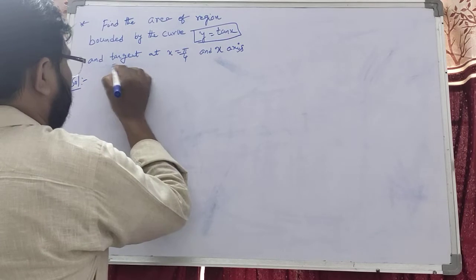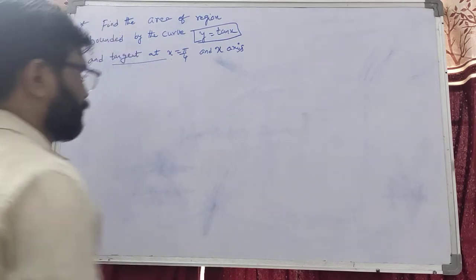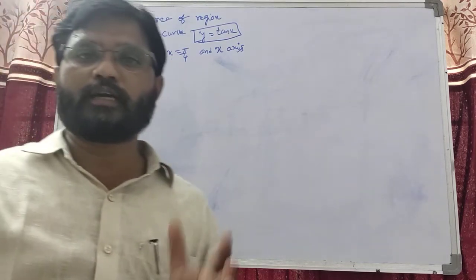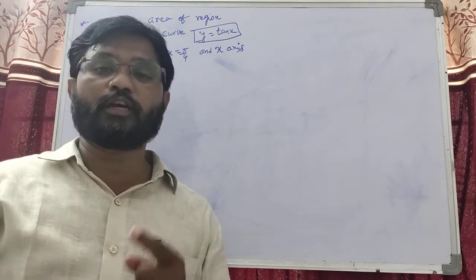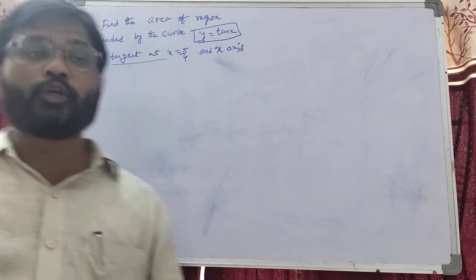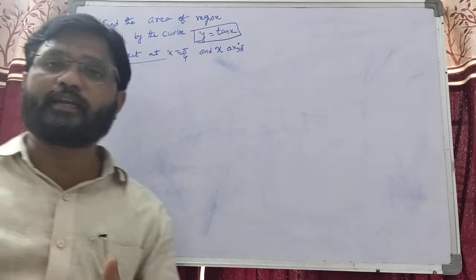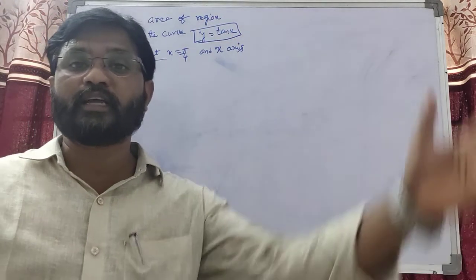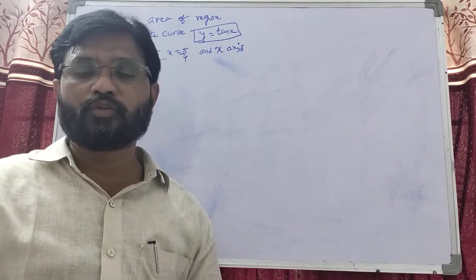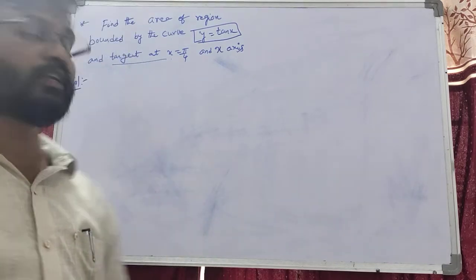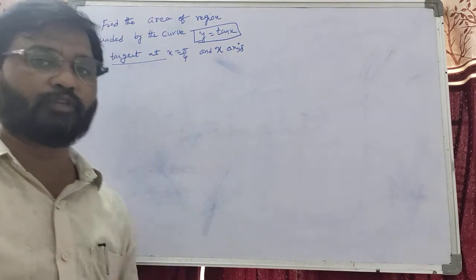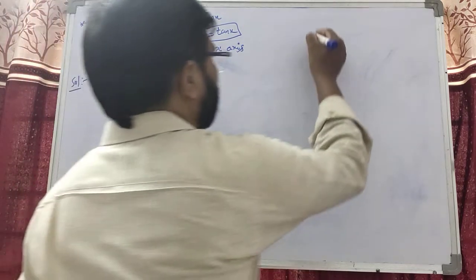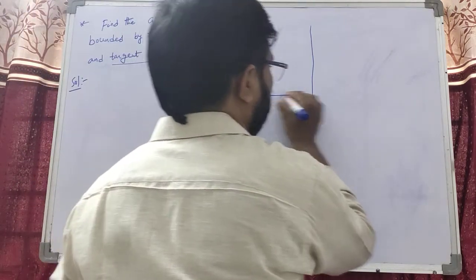And the tangent at x equal to pi by 4. We have to find the area between the curve and the tangent at x equal to pi by 4 and the x axis. So here you can identify the curve and the tangent. We have to know the concept of tangent in coordinate geometry. So these concepts are very important. What is the right technique here? First we have to find the tan x. That is the first observation. So dear students, first you can draw the tan x graph.